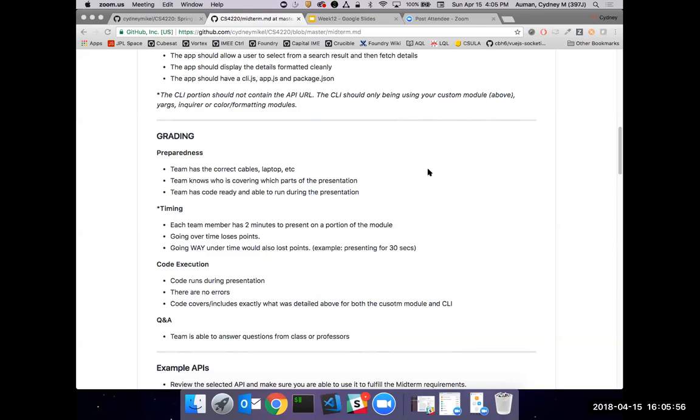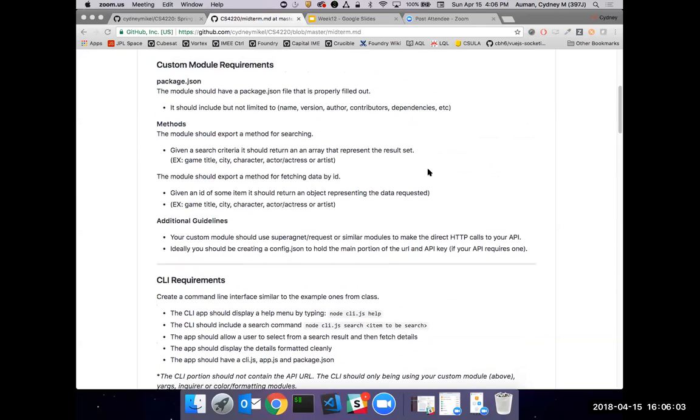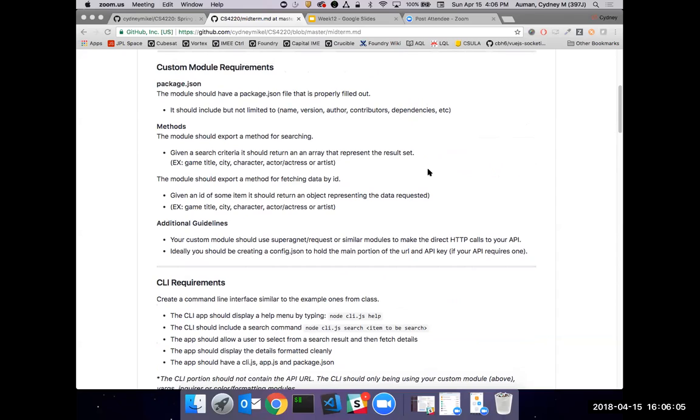And finally, I think the biggest thing that we saw was, we asked for you guys to implement a custom module, and a lot of what we saw was you just simply took the deck of cards module and pasted your own URL in there. I mean, that's not really a lot of work, right? I guess I'm a little thrown by that.